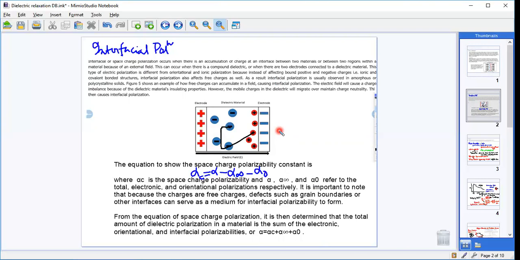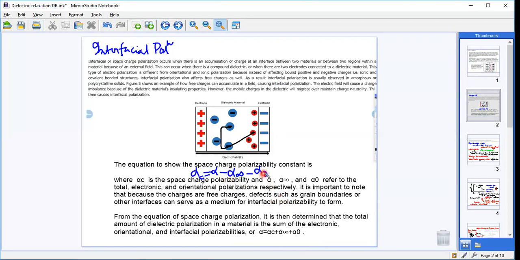The equation for the space charge polarizability constant is alpha c equals alpha minus alpha infinity minus alpha naught, where alpha c is the space charge polarization, and alpha infinity and alpha naught refer to the total electronic and the orientational polarizations respectively. It is important to note that because the charges are free charges, defects such as grain boundaries